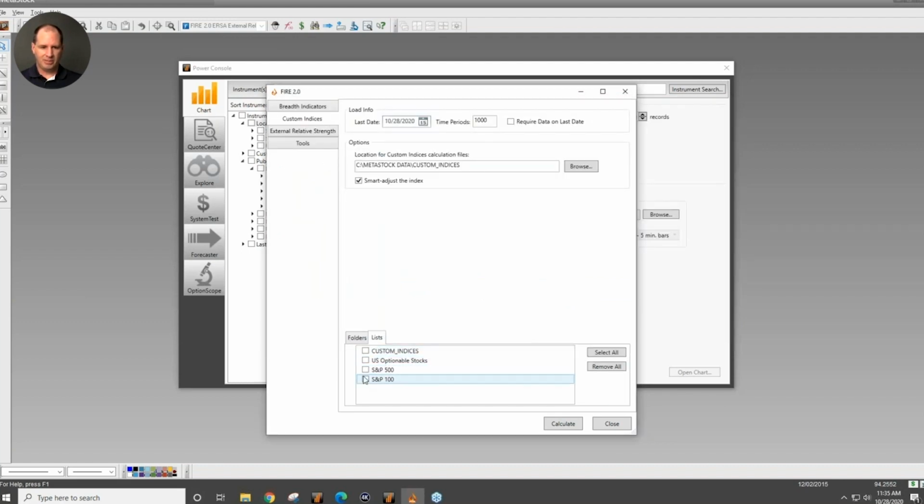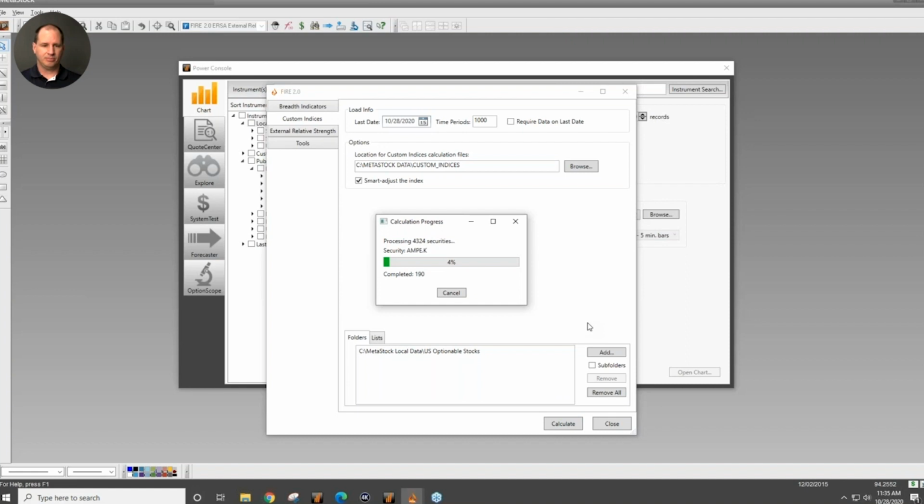I can also do this based off of lists that I have in MetaStock, so that's another way that you can do this. But let's just select the folder and do it that way. Once I've selected my folder or my list, all I have to do is click calculate. And you can see it'll go through those 4,300 securities very quickly